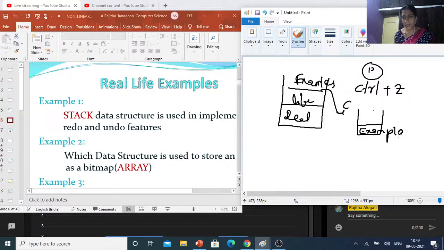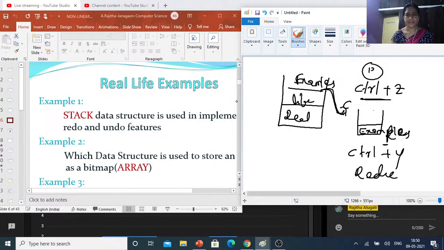Example, that means P is not there. Whenever you press Ctrl Y, that is the redo operation. That means whatever action was recently performed is repeated. So undo and redo operations are performed by using the stack data structure.